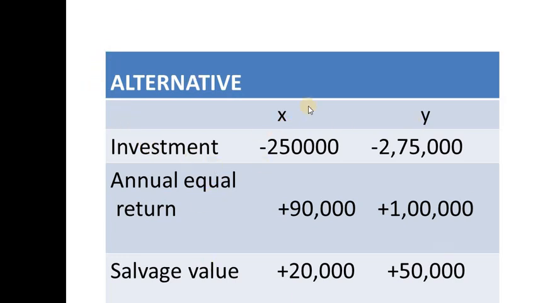For all this we need to calculate the A value. The annual equal return is an A value only, right? The investment is given as a lump sum, so we have to calculate the investment to be made every year. So the formula for this should be the third formula. First, 1, 2, 3 formulas are there. You remember that?